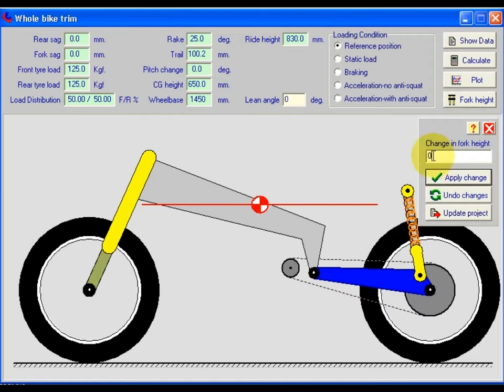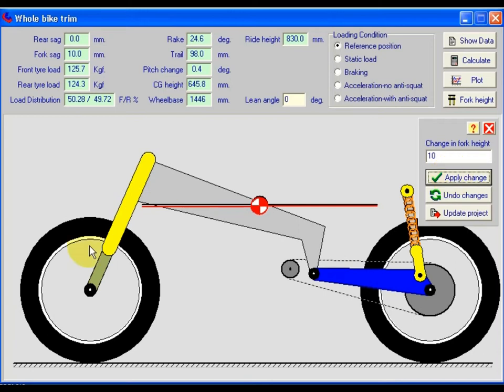Just to see how it works, let's enter a value here of 10 millimeters. Remember, this isn't the actual fork height, this is the change in the fork height. So we enter the value that we want and simply click on the apply change button. We can see that the front dipped down a little bit,